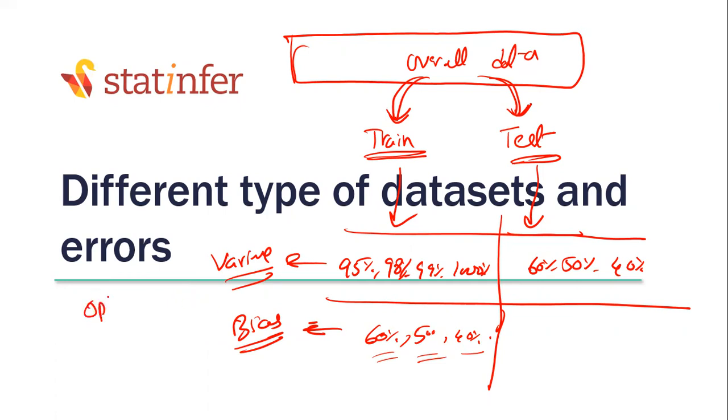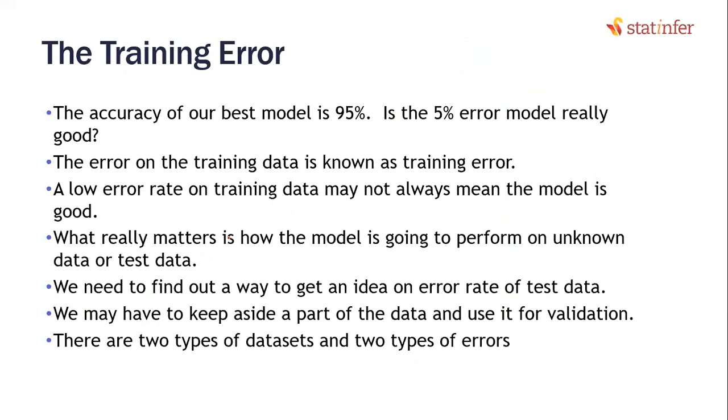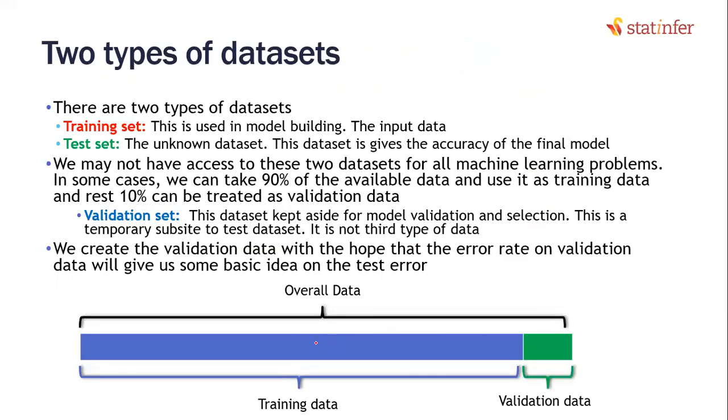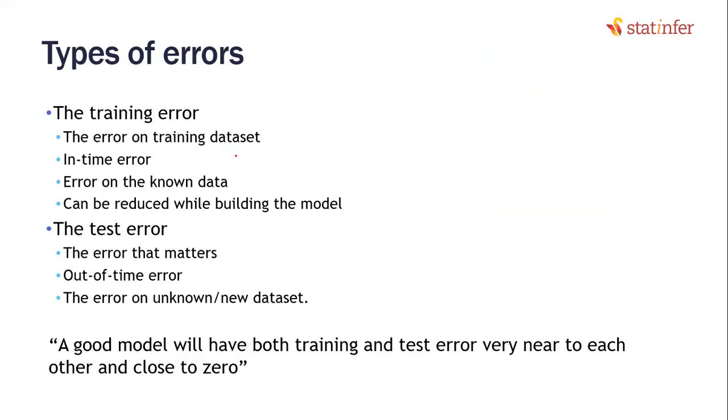Building the optimal model, neither underfitting nor overfitting, is known as the bias-variance trade-off. That means the model complexity should be such that it is neither too complex nor too simple. It should have neither variance nor bias. It should be neither overfitted nor underfitted. So to do that, we look at the train accuracy and the test accuracy, on training data and validation or test data. Make sure that train error and test error are matching.